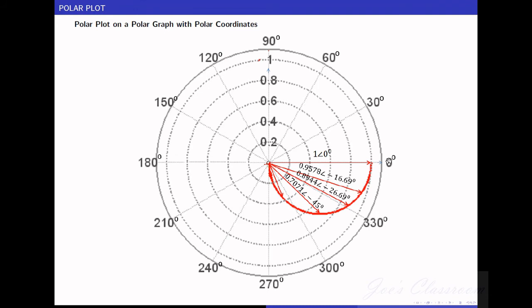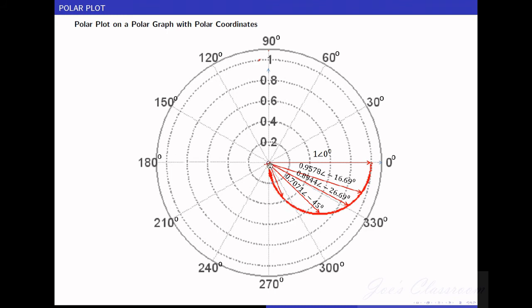For example, this is 0, this is plus 30, whereas this is 0 and this will be either plus 330 degree or minus 30 degree, and similarly this will be minus 60 degree and this will be minus 90 degree and so on. In the polar graphs which are available in the market, you will be able to see both the markings, both positive and negative angles, or you can mark the angles. And